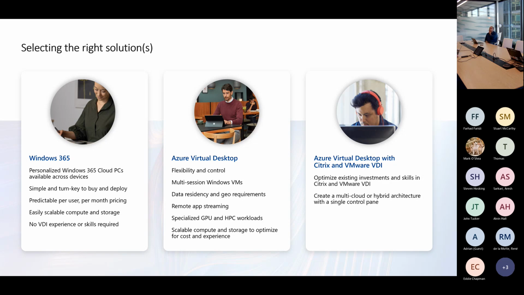Imagine you wanted to run CAD on your virtual desktop. Most solutions like Azure Virtual Desktop and other partner solutions can run CAD as software on your laptop. All you need is a graphics card or a shared graphics card on the machine, and then you would be able to run GPU related workloads on it. That particular offering is right now also not there in Windows 365.